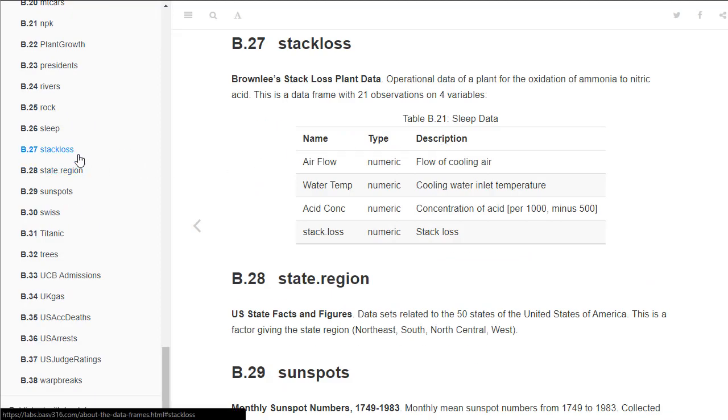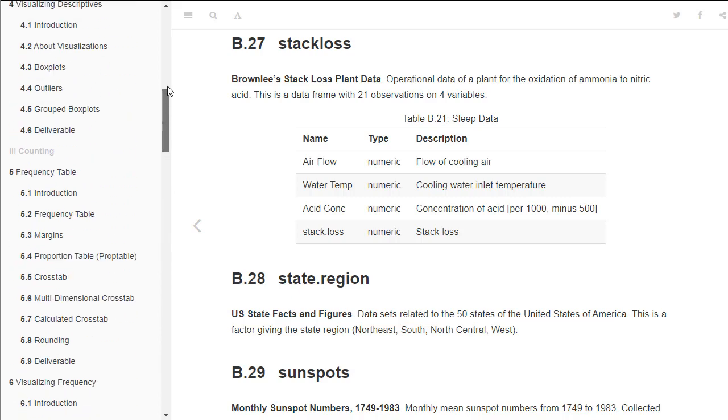You can see we've gone down here to the appendix. And you'll see that this is Brownlee's stack loss plant data. This is data of a plant of some sort for the oxidation of ammonia to nitric acid. And this is a data frame. It's a spreadsheet with 21 observations. That would be 21 rows. And there are 4 variables or 4 columns. And those columns are named airflow, water temp, acid conc, and stack dot loss. And let me go back up to our lab,